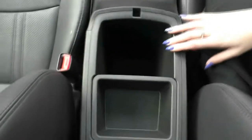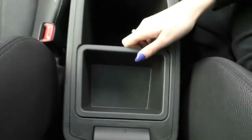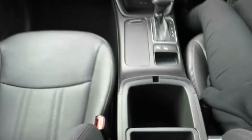Inside our beautiful leather wrapped console, we have a little storage tub that just sits on the top, perfect for anything that you need regularly or just coins or anything like that, and heaps of storage room in there as well. So if we just pan up as well, you'll notice we have a very, very big sunroof